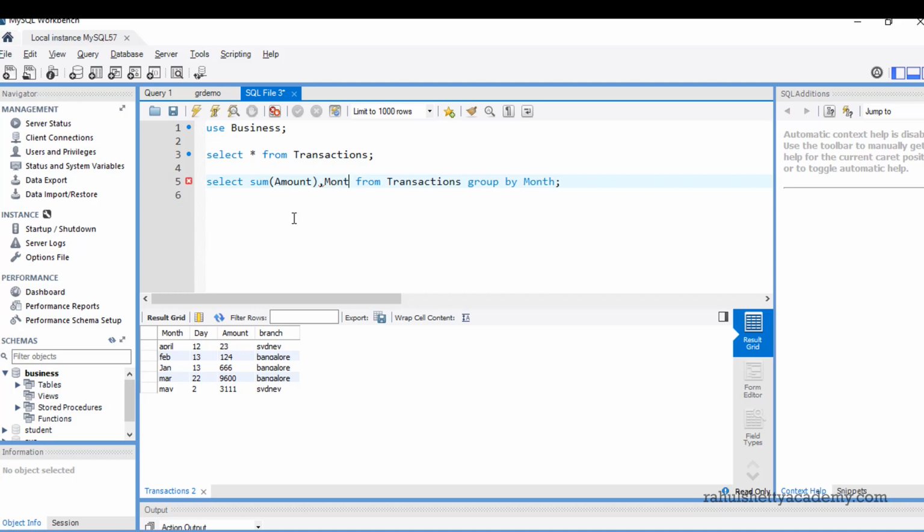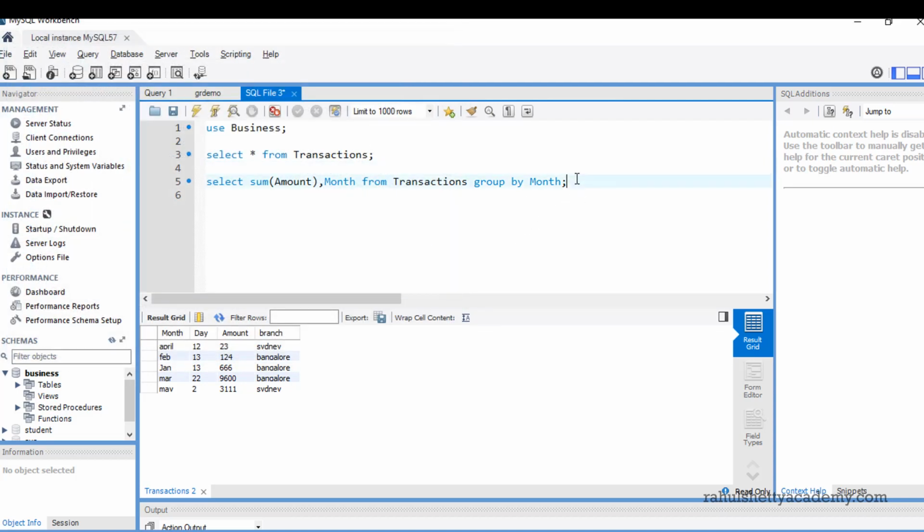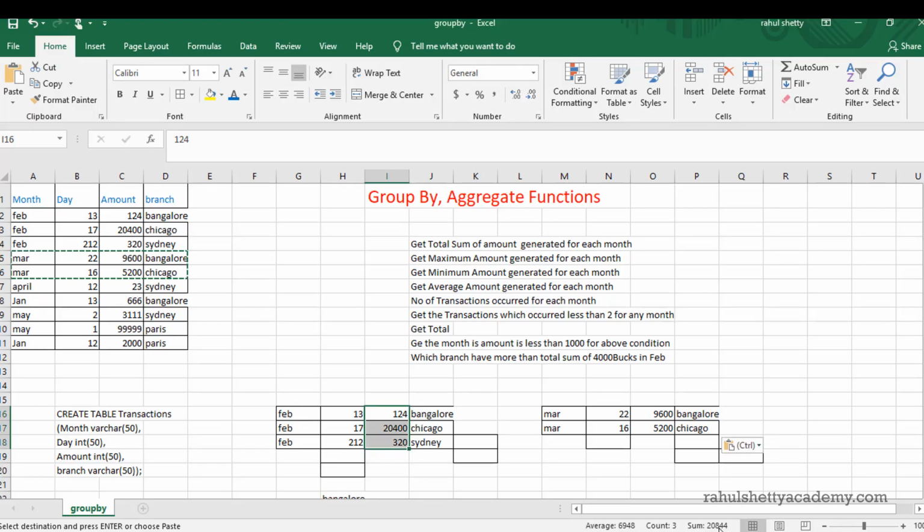And you have to know for which month the sum is, right? That's it. Now you run this and see what happens. Perfect. February is 20,844. You see that, 20,844. SQL did it for you, and it's very simple.